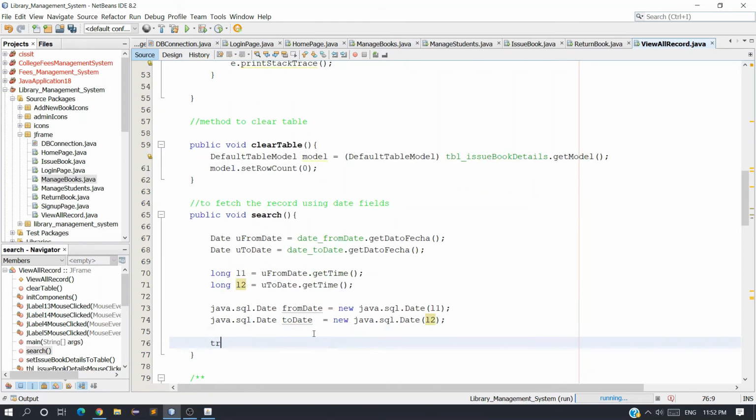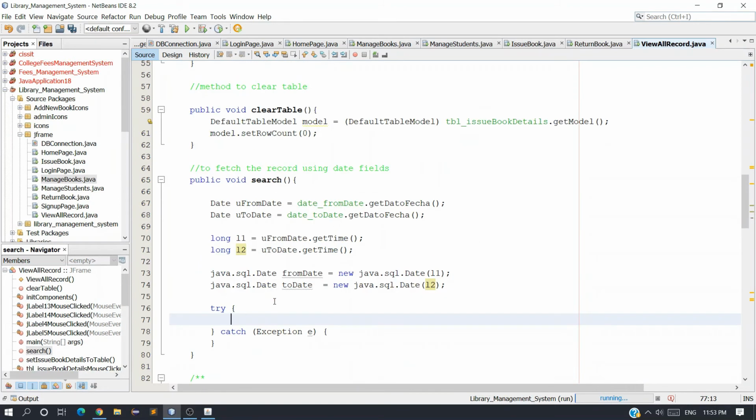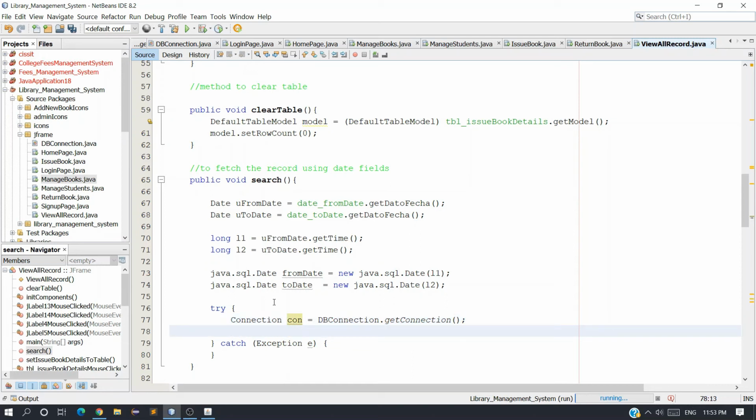Let's create the JDBC query. Inside the try catch we need to create a connection object. I'm going to say con equals DB connection dot get connection. I hope you know how I'm getting this connection object. The next one is I want to write the SQL query.